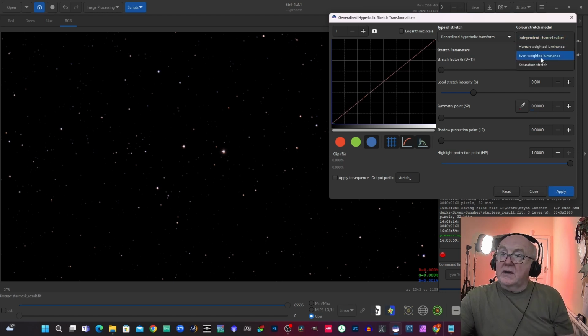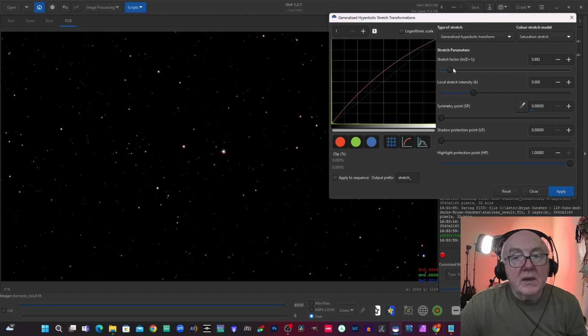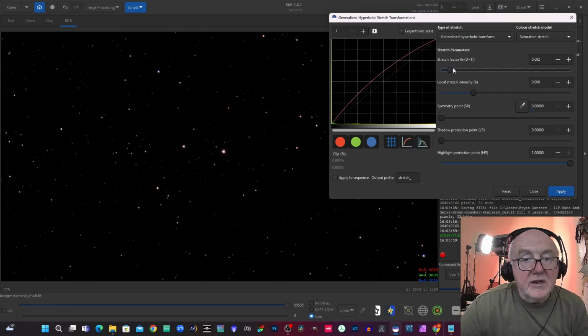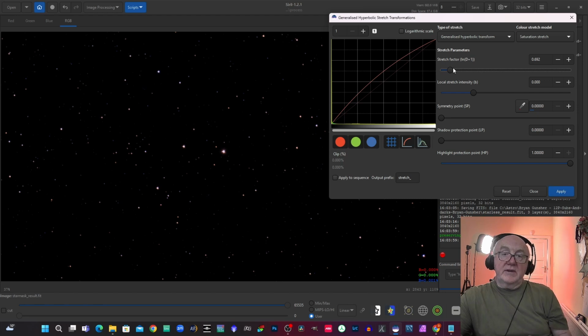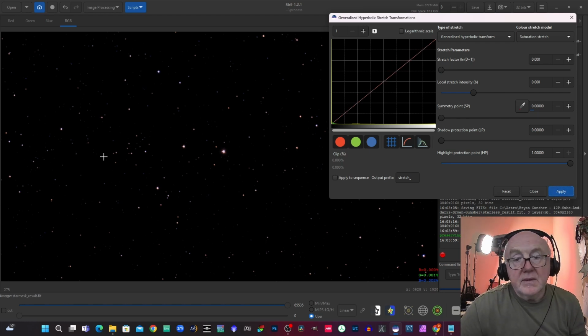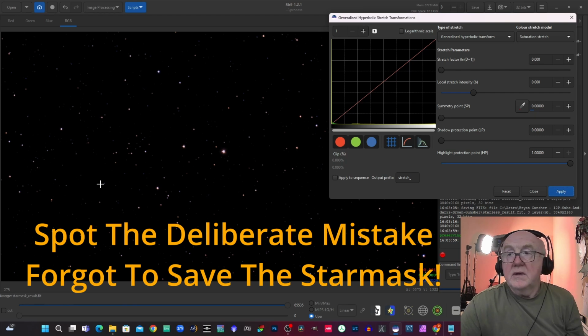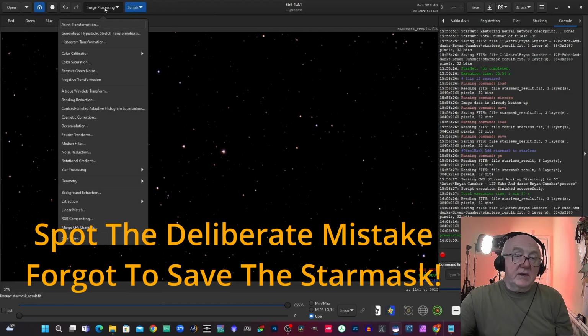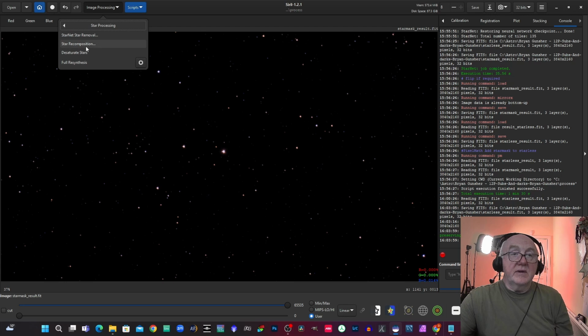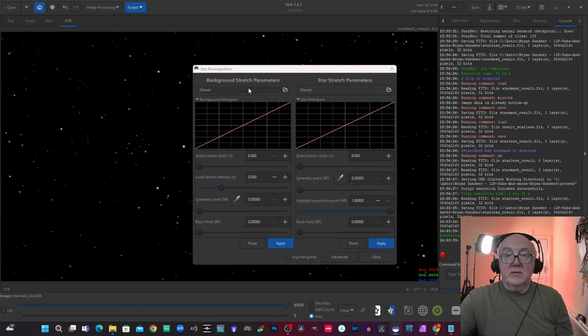Now I might try again a little bit more saturation. A bit more saturation. Yeah, that's definitely given us a bit more. We've got a nice kind of balance now between some of the bluer stars, some more yellow stars. That's looking good. Next we're going to go to the star processing, star recomposition tool, and we're going to put